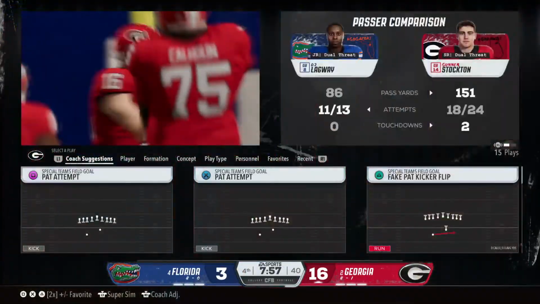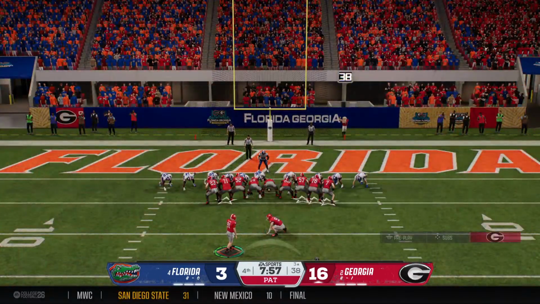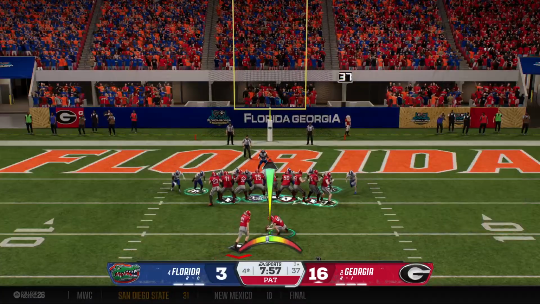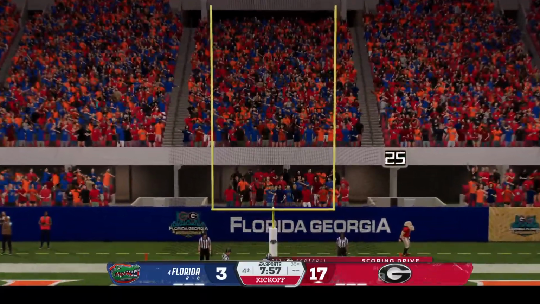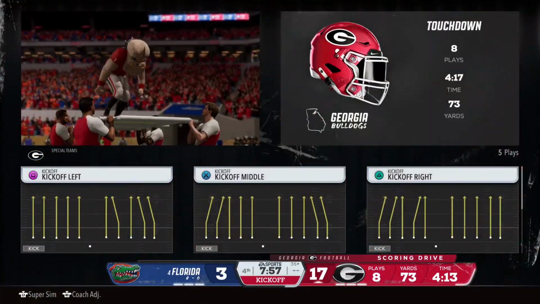The momentum really building up. This one could get out of hand here in a hurry. And that's the last thing you want to do in a rivalry game. Not just lose the game, but get embarrassed. You got to fight for 60